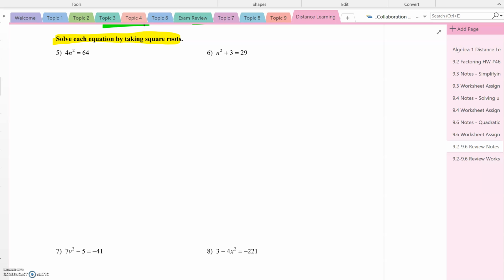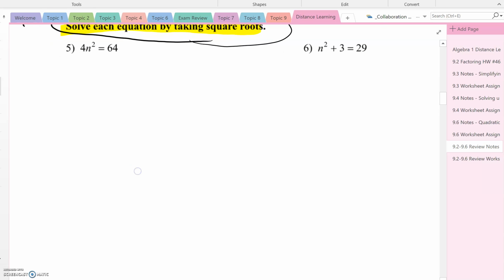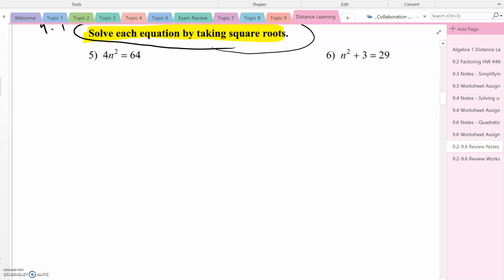As we move forward here, you're going to notice that our instructions have changed for these next 4 problems. For these next 4 problems, it wants us to solve each equation by taking square roots. So this is actually section 9.4. Looking at problem number 5, if we want to solve this quadratic by taking square roots, the first thing we